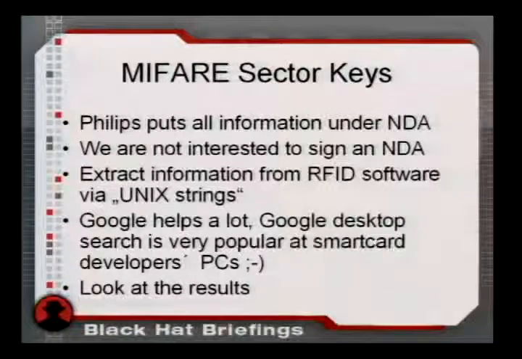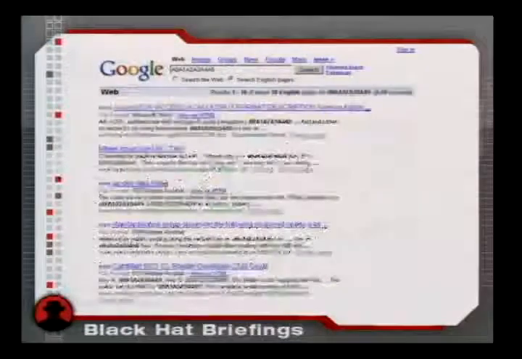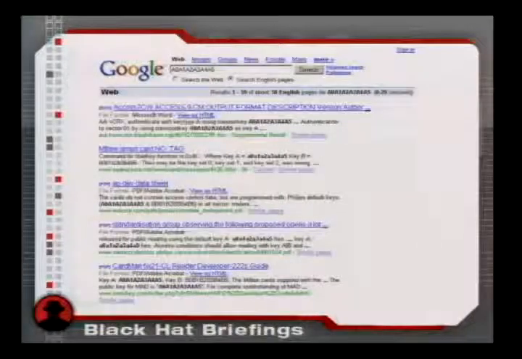So the developer was looking for some information. He signed the NDA. He got the special URL personalized for him. No one else can access it. And thank you to Google, the world got it. So look at the results. We got a whole bunch of keys and most of the information that's under NDA, but is publicly available through Google search.